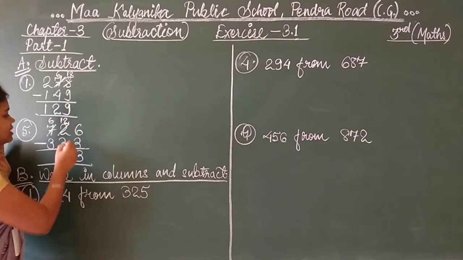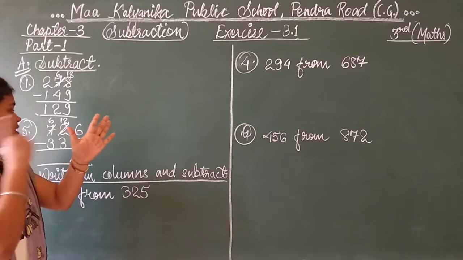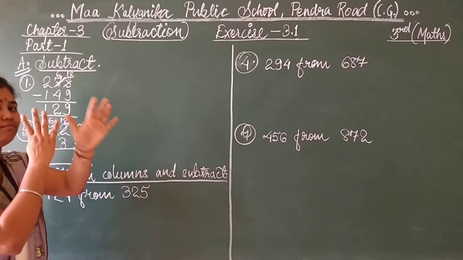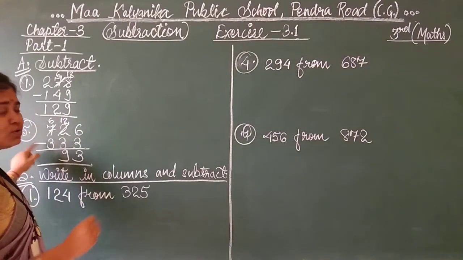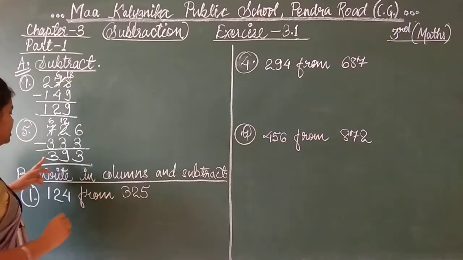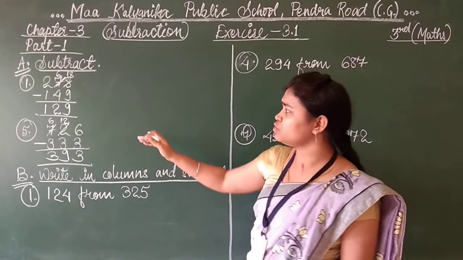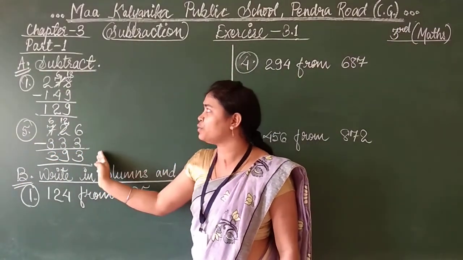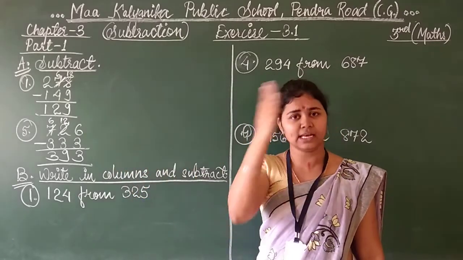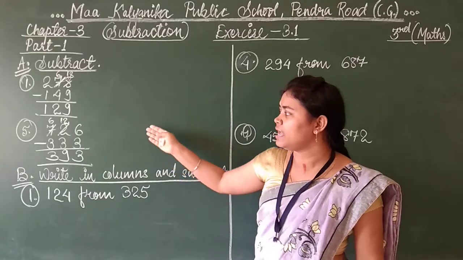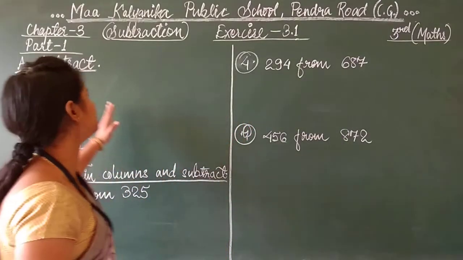So see, 12 minus 3 now. 3, 4, 5, 6, 7, 8, 9, 10, 11, 12. 9. Okay. So 9 is here. And 6 minus 3 again, students. 3. So 393 is the 5th answer. So students, in this way you can solve the subtraction. Be careful in taking the borrow from the other number. And in this way you can solve the rest of the questions present in question A.